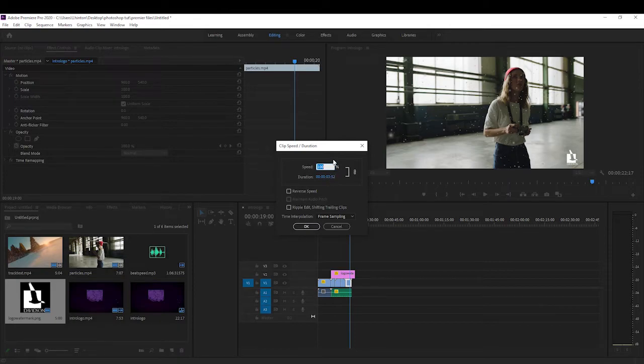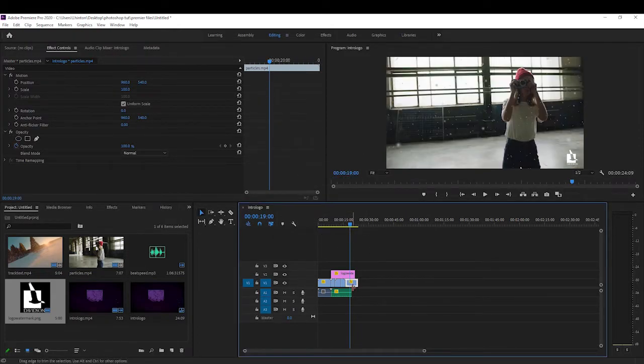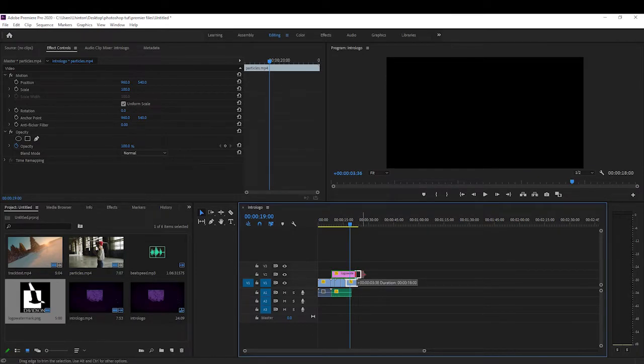Now if I change that percentage to 200, you see it's gone down to 1 second and 56. So that's sped it up, doubled its speed. If I wanted that to go slower and I went to say 50%, it will be 50% slower than it would play at normal speed. Let's see what happens when I hit OK. I've hit OK, and it extended beyond because the clip is now